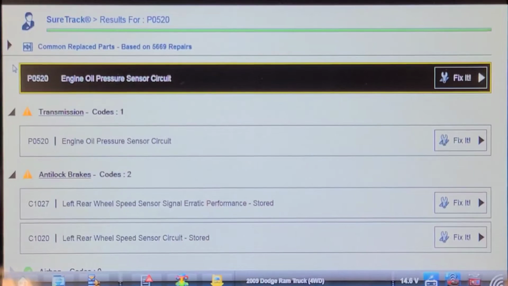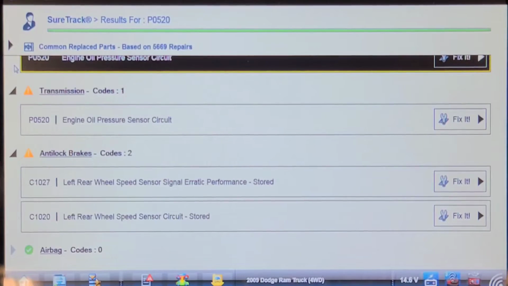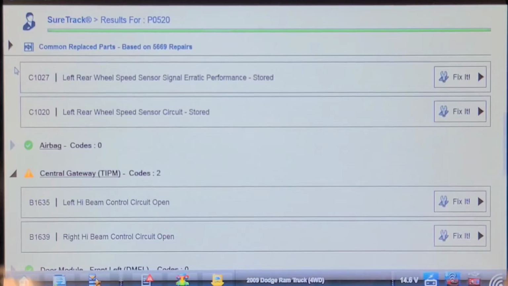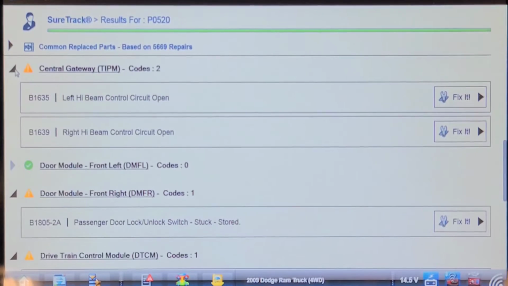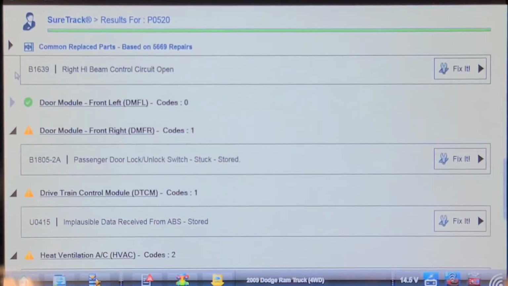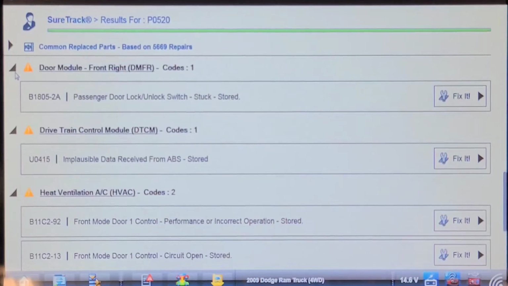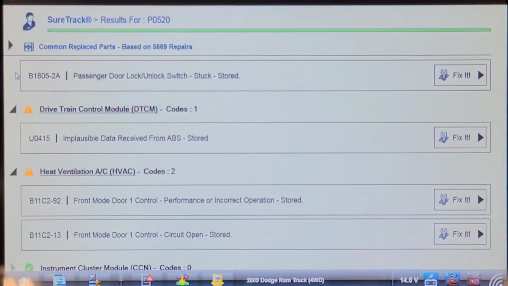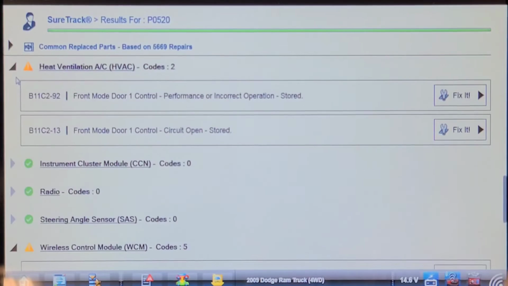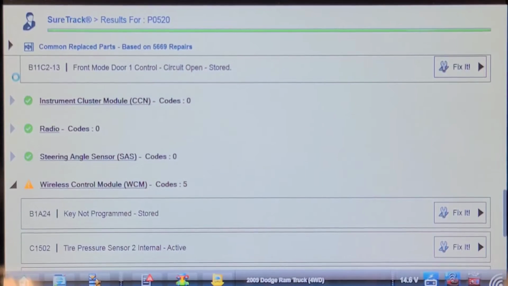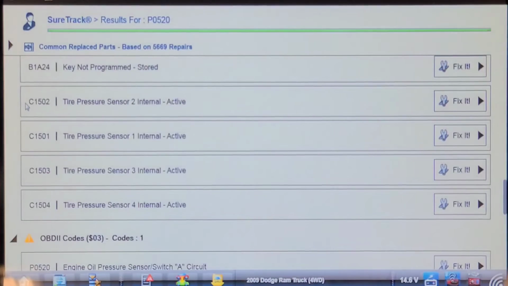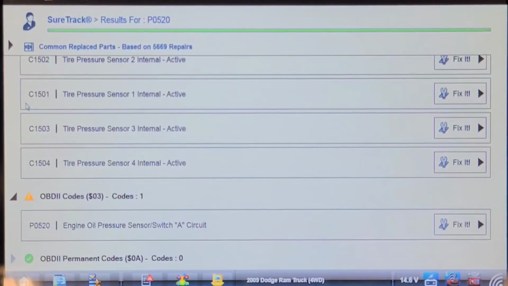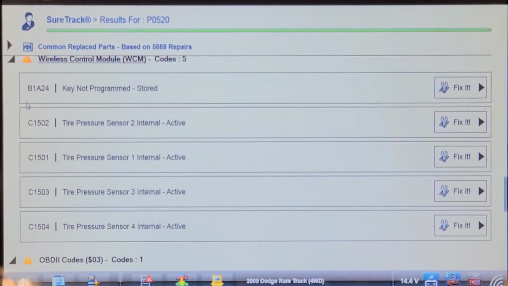Left rear wheel speed sensor erratic, left rear wheel speed sensor circuit, left high beam control, right high beam control, passenger door unlock switch stuck, implausible data received from ABS, front mode door, key not programmed, tire pressure sensor. Probably missing the tire pressure sensors. So this P0520,